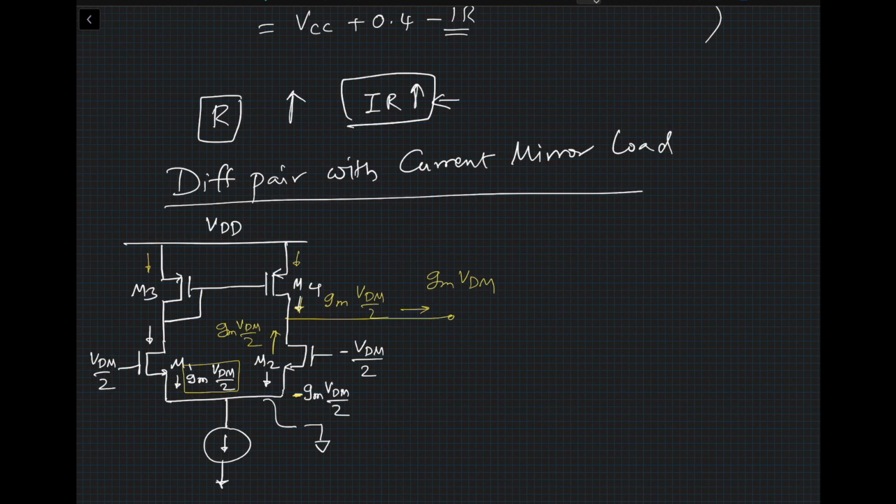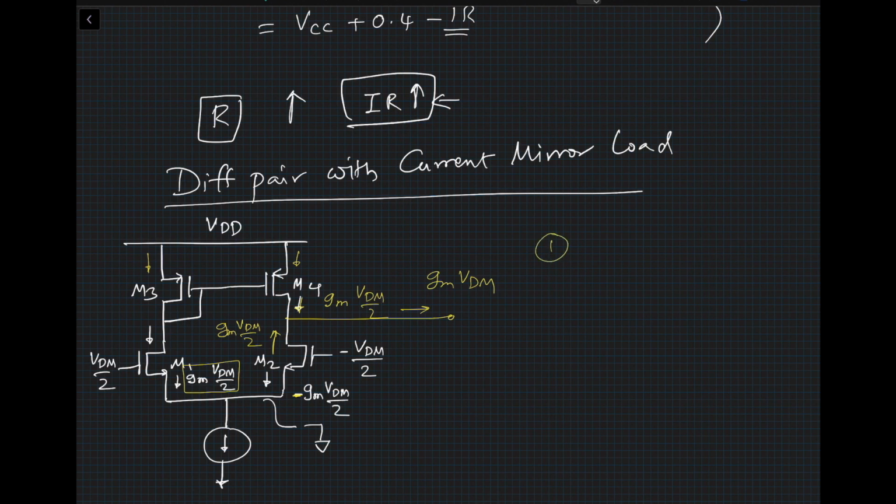I'm going to go through this one more time separately. This may look a little bit fast, but using a current mirror on the top, you can invert your current from one side and add it to get a higher differential gain. Current mirror load gives you two advantages.